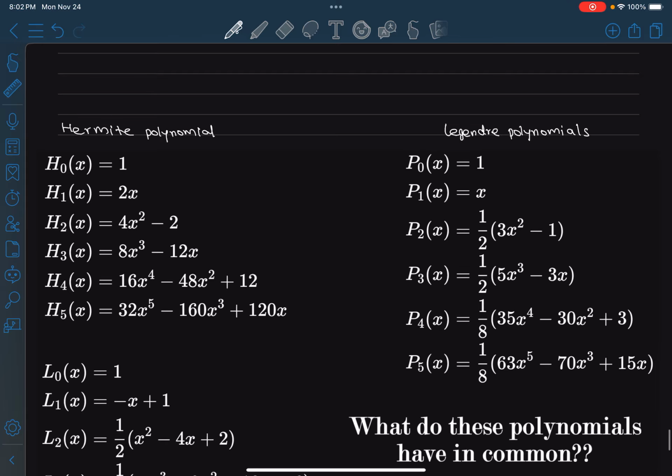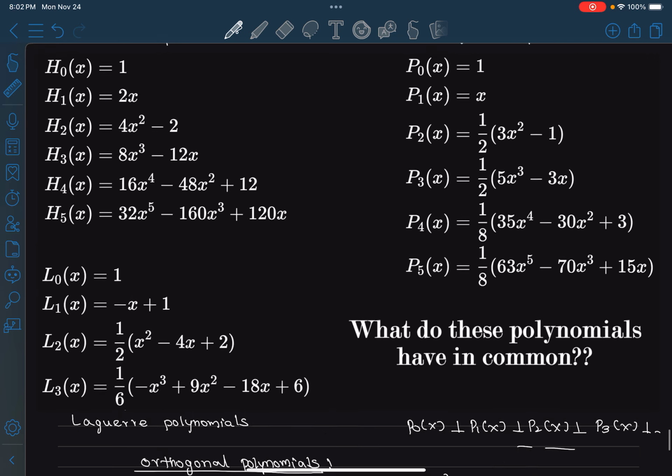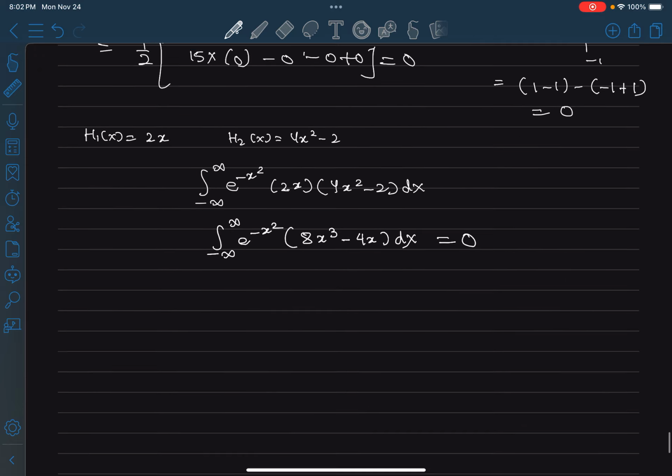Let's take H naught of x, which is just 1, right? And then again we'll try to verify that. Okay, in this case we are taking H1 of x and H2 of x. Let's take